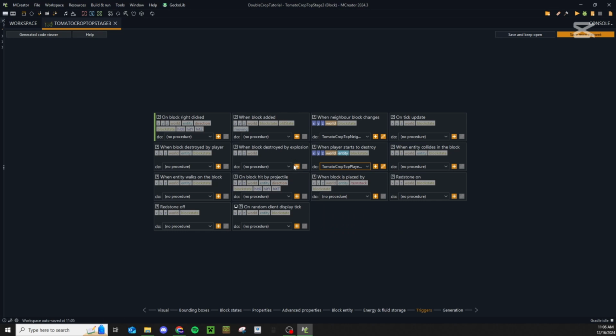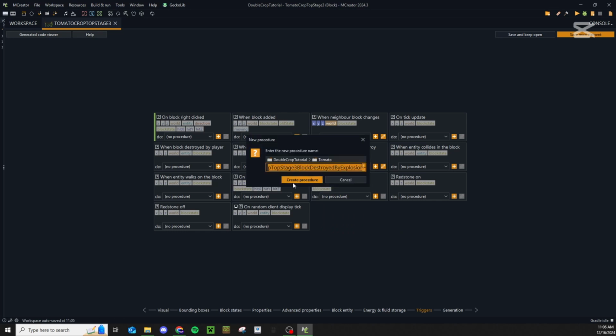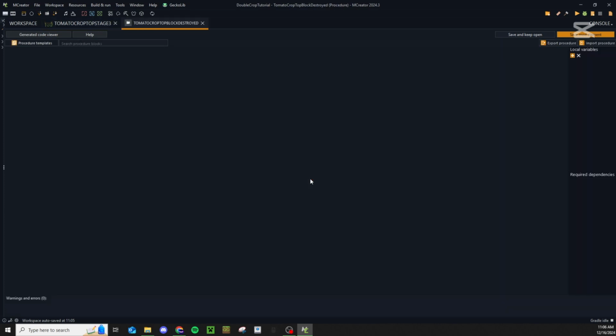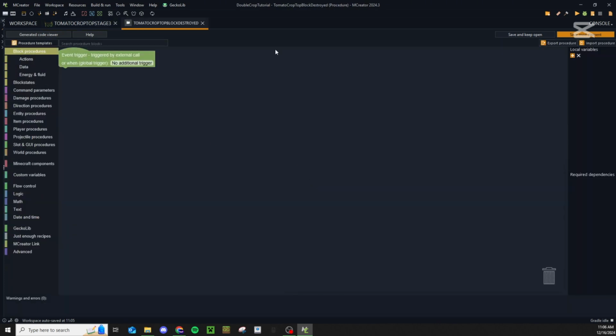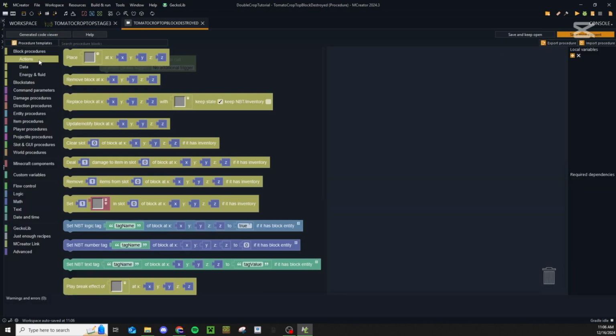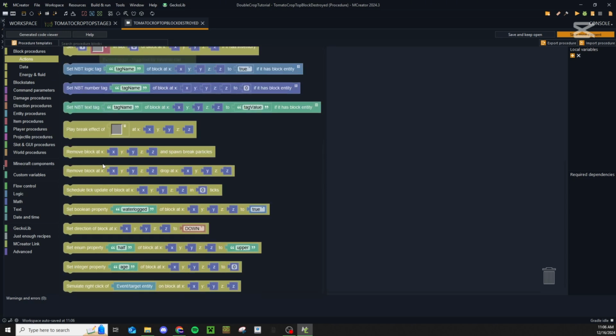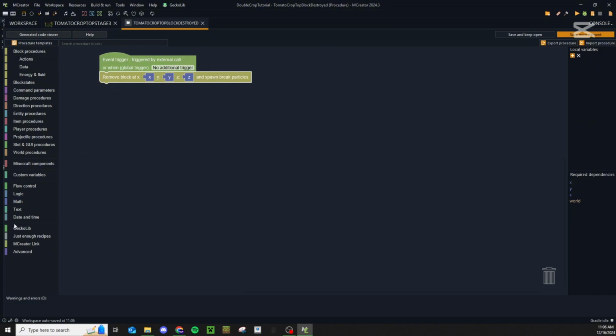Make another trigger here for when block destroyed by explosion. Call that tomato top crop top block destroyed. We can cut that by explosion off because I don't think it's important. Create the procedure. And like I said, we could run some things, try and get some drops from it, but it's not going to work because the block is already destroyed. So really all we need here is that end block there, where we are removing the block below us and